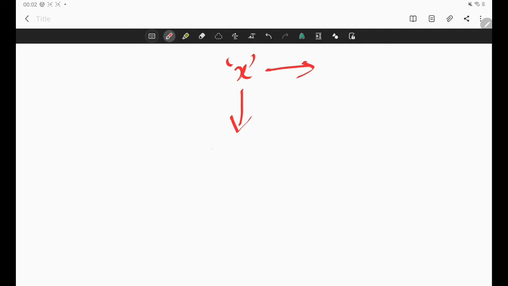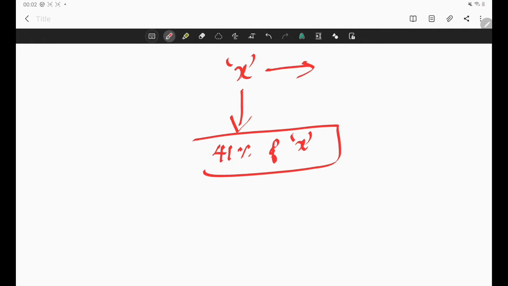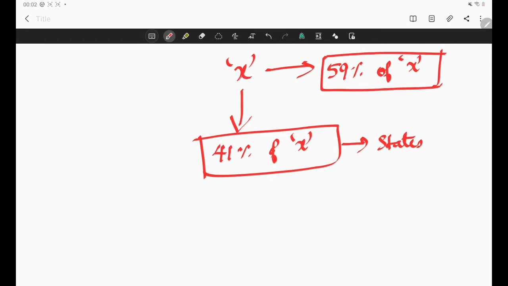So now the latest rule is 41% of the amount, whatever central government is collecting as taxes, should be given to states. So this 41% of tax is distributed among states. So how much is left? They are left with 59% of tax. So this is the amount which central government can spend as per its wishes. So this is central government's paisa.